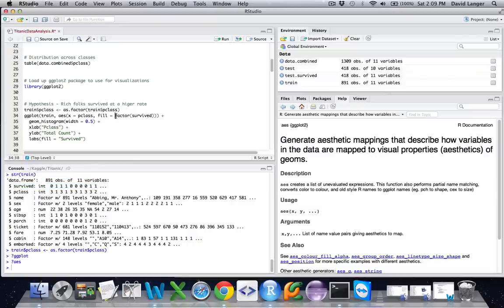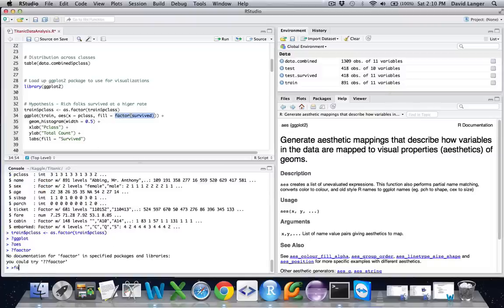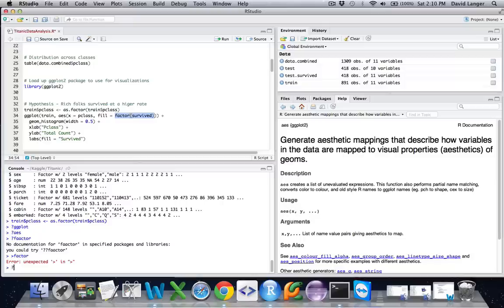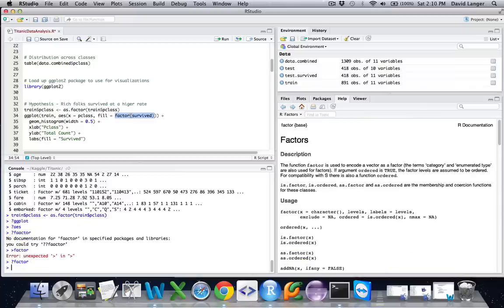So I'm just illustrating another option: I can convert the survived variable, which is currently an int, into a factor on the fly by using the factor function. And again, pull it up in the help system. There's the factors, right? We saw that before. So this is a function that converts it on the fly to a factor.